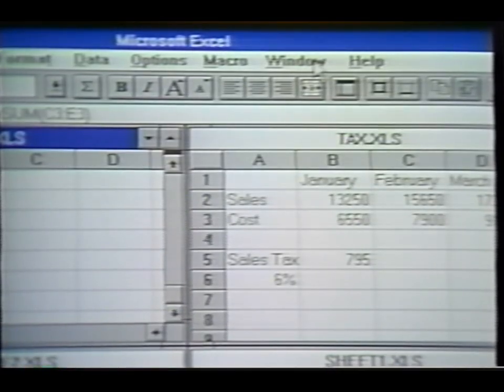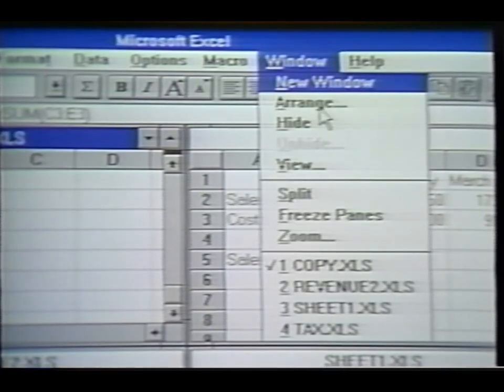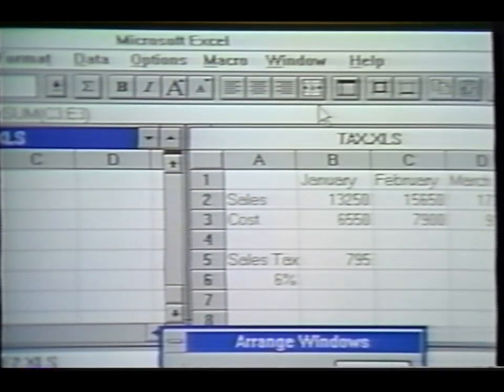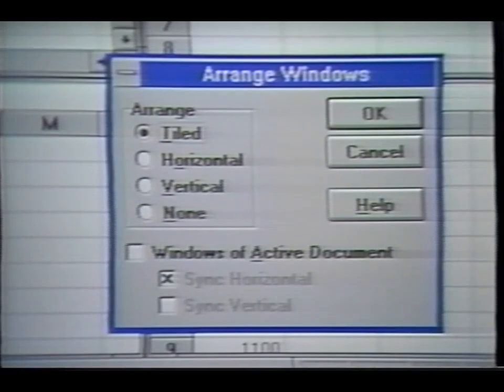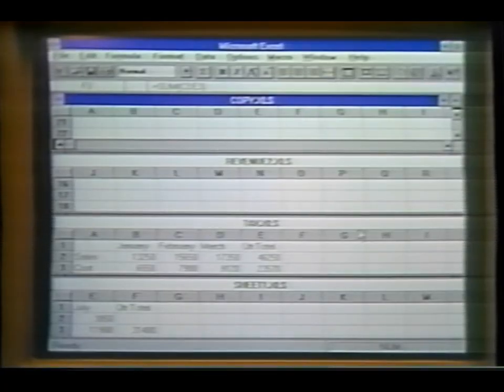We can also choose a different arrangement of windows on the screen. Let's choose a range again. This time, let's choose horizontal. Click OK. Now this arranges the 4 worksheets in a horizontal format across the screen,